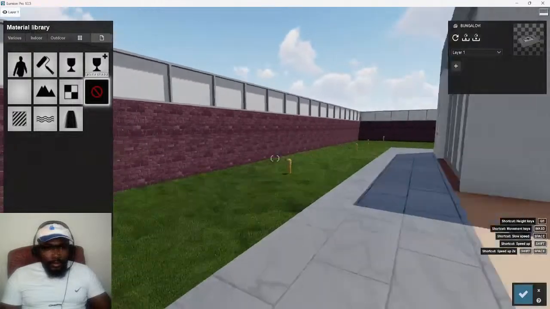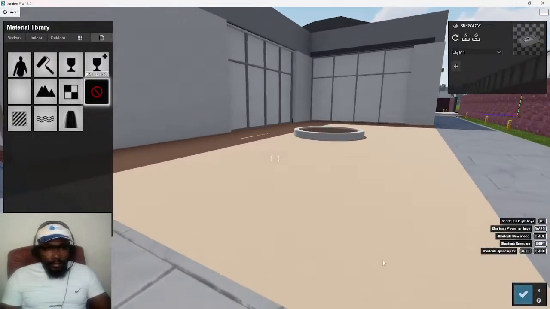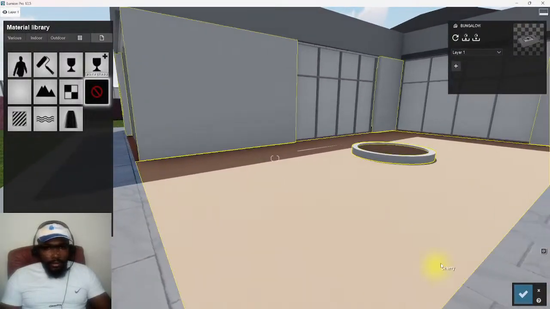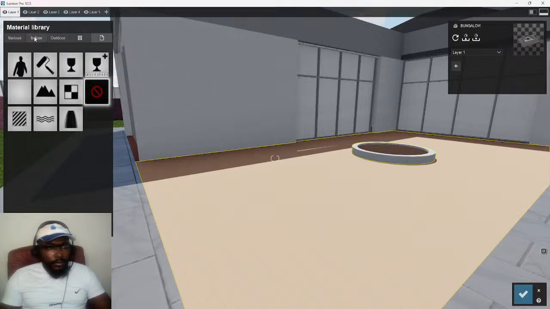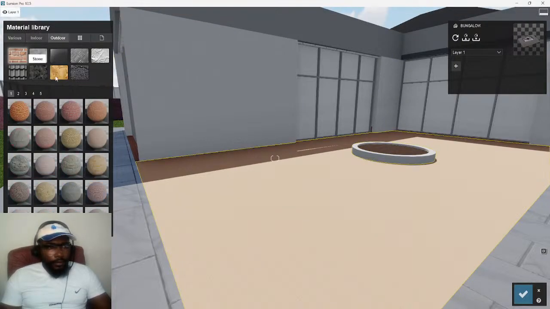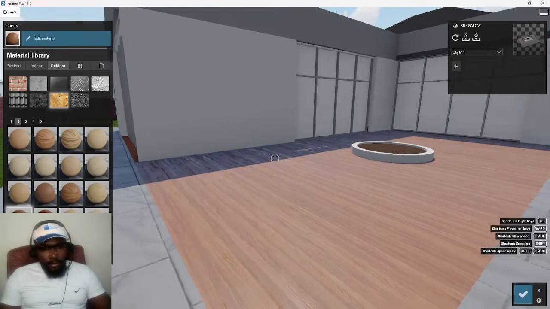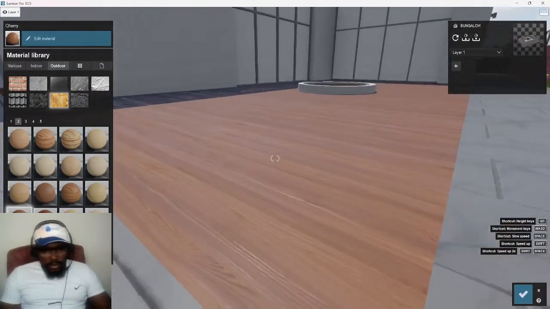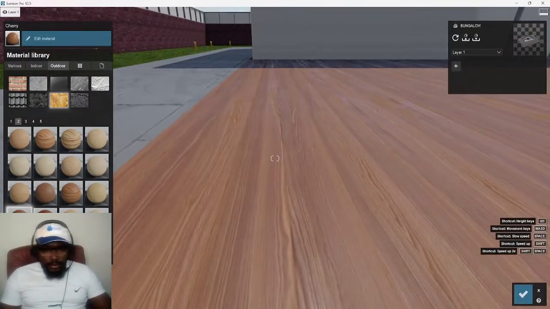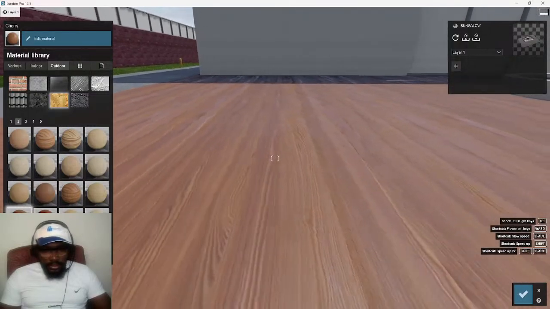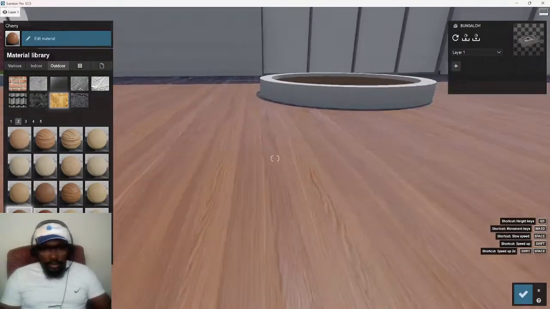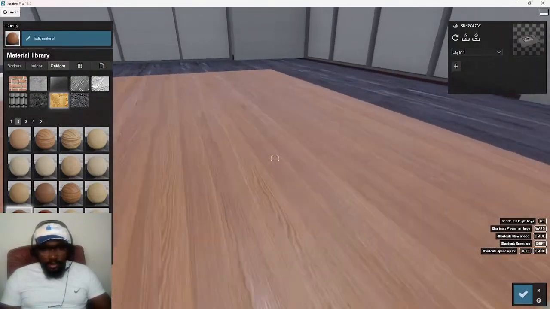Okay, so proceeding with this part, like I said, I want this part to actually have a wooden kind of material, and I want outdoor wood, so it is something that is water resistant. Well, you can still use the indoor one and play around with the settings. It doesn't really matter. There's really no problem with that. Let's see this one. Okay, I actually like this one, but for the fact that it doesn't really look realistic,